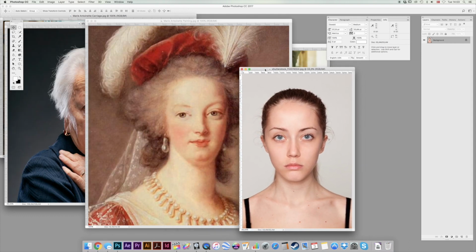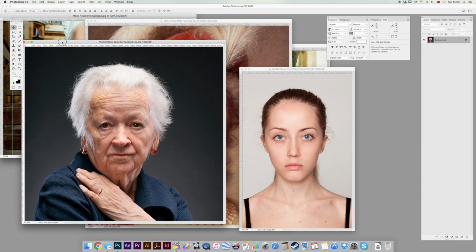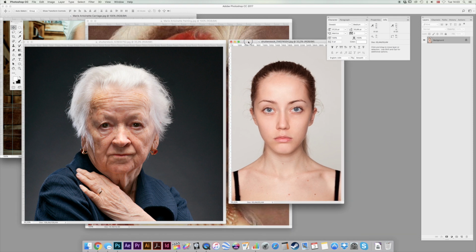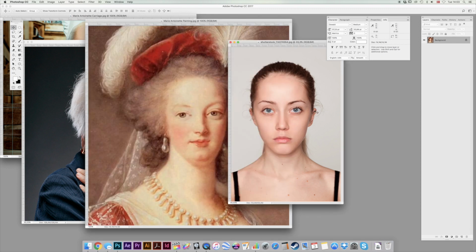So I have the luxury and privilege of having access to Shutterstock. I know that I'm very privileged to have that, and not everybody has that. But I found this image of a young lady who also has an open and mild face,